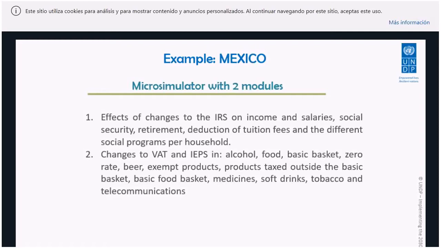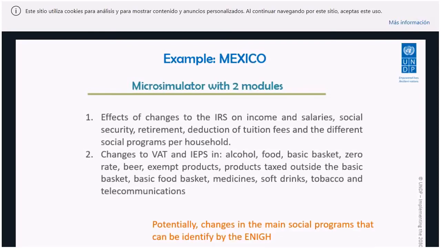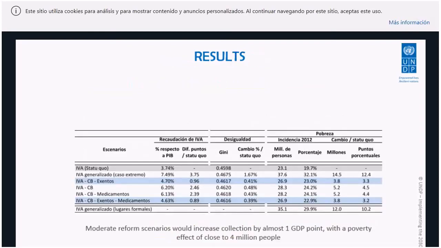And Eduardo Ortiz and Roberto Castaño were the leading team from UNDP's side. We are lucky to have them both as part of the teachers in this course. So what happened in Mexico? We did a microsimulation exercise to see what would happen, and